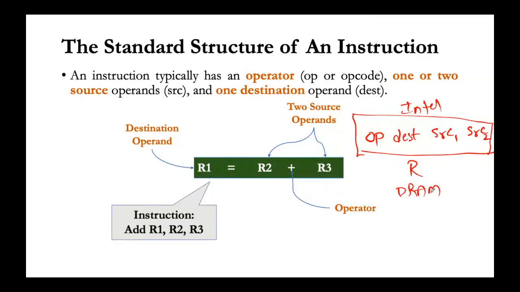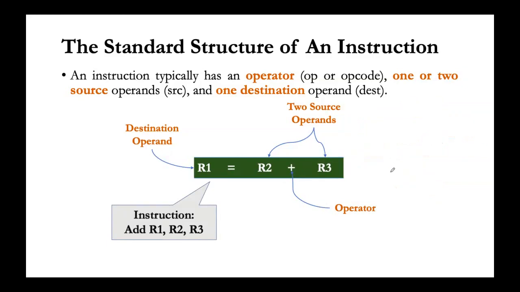The operands may be in the registers, or the operands may be in the RAM, the non-volatile memory, the volatile memory, or the temporary memory we call. So that's why the terminologies we use are destination, source 1 and source 2. And specifically, if it is mentioned that all the operands are in the register only, then instead of this one,